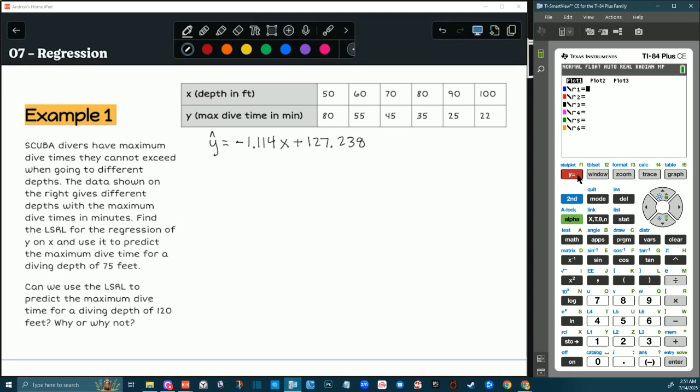I'm going to enter in the regular y equals. Hang on a second. I think this is set up for my trig class. Sorry, I had the mode set up for polar coordinates from my trigonometry class in the spring. So this is just y equals, and this is my function menu, and I'm just going to type that equation that we just wrote down. Negative 1.114, and then the variable button, plus 127.238. And then I'm going to go back to zoom stat,